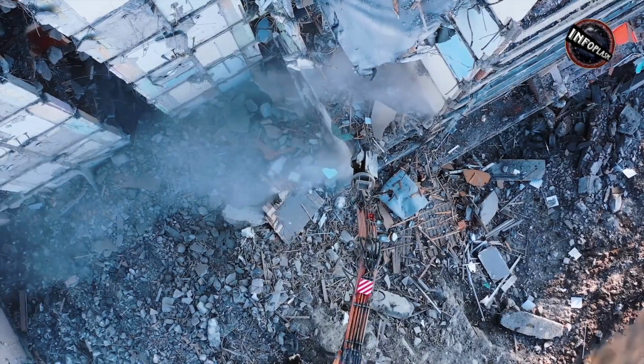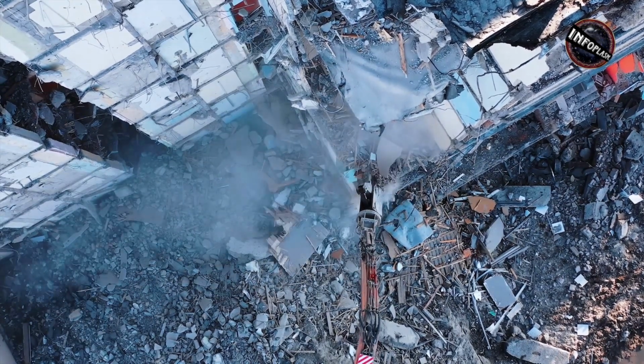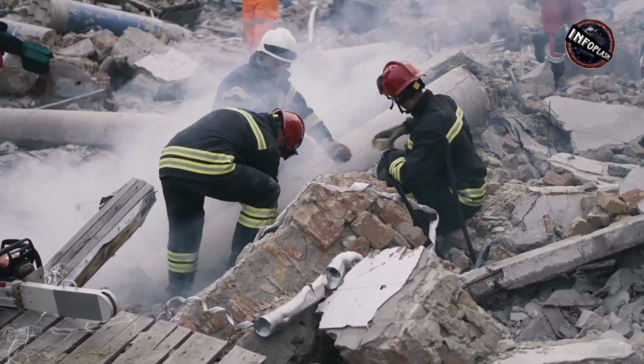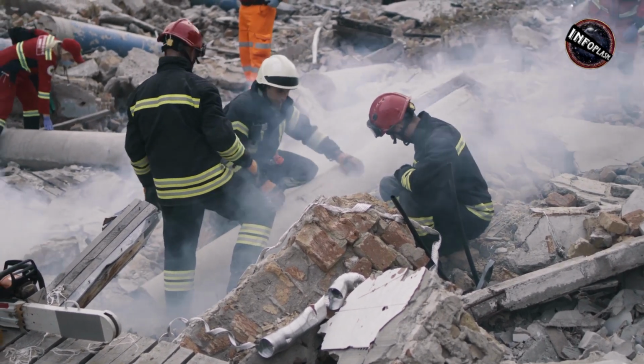So, there you have it. The answer to how many magnitudes a house can withstand is dependent on the building standards and materials used in construction. But the most important thing to remember is that preparedness is key. Make sure you know the building standards in your area and how to protect yourself and your family during an